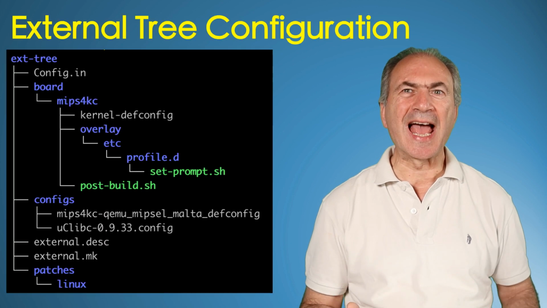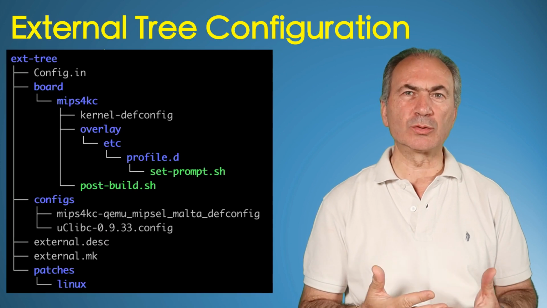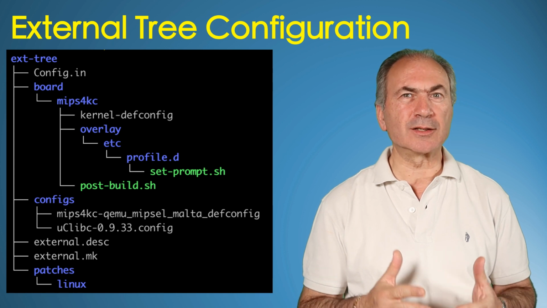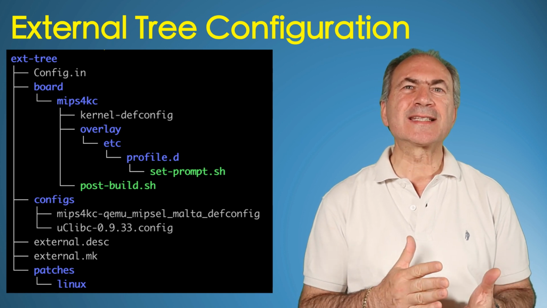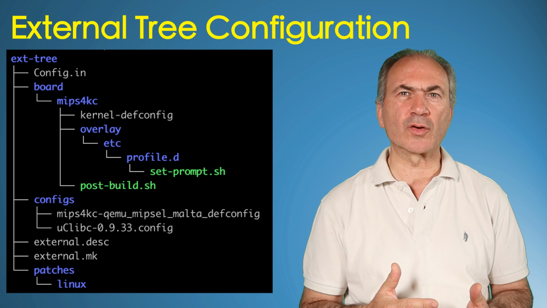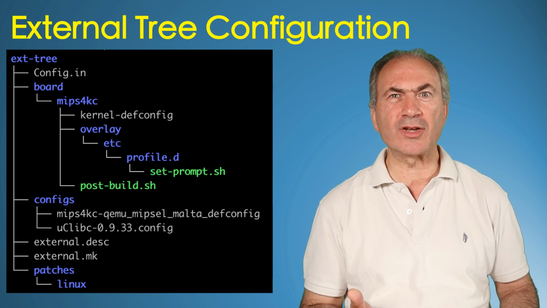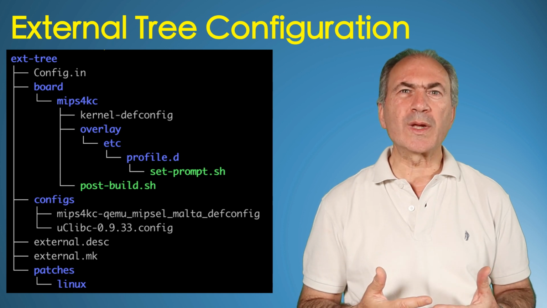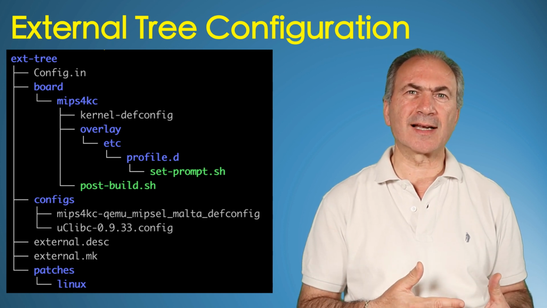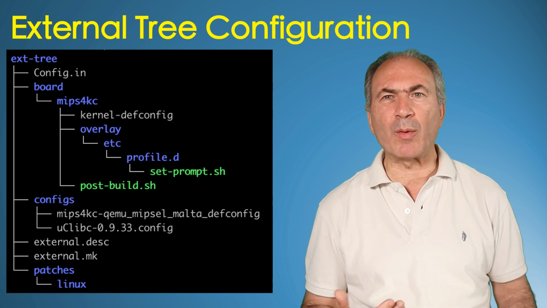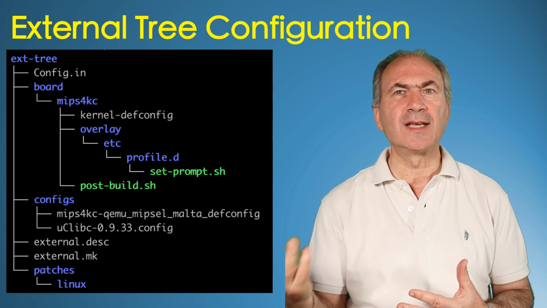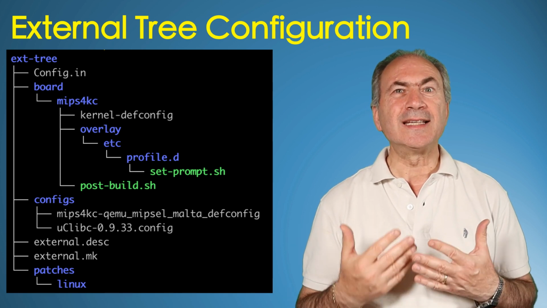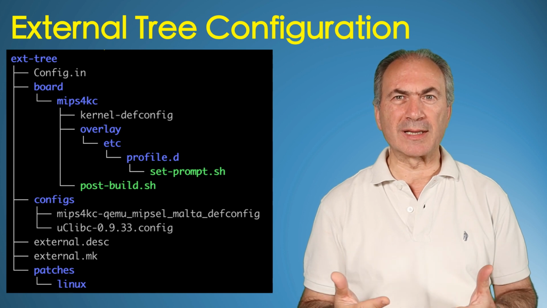Buildroot allows us to keep all of our customization in an external tree outside of the main Buildroot folder. This is important to keep our customization separate from the Buildroot application and to be able to manage it in a revision control system like Git. To do so, we can create a parallel external tree where to keep our customization, as the tree shown on the screen, that follows Buildroot recommendation.